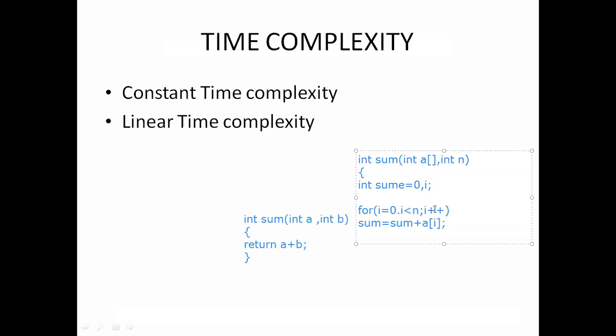So in this, what are the fixed part and what are the variable part? Return sum. Okay, so for this, what is the fixed part and what is the variable part? So we already know for comments we do not take any memory, any space, any units of memory.